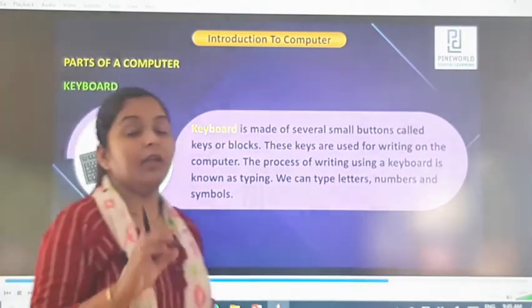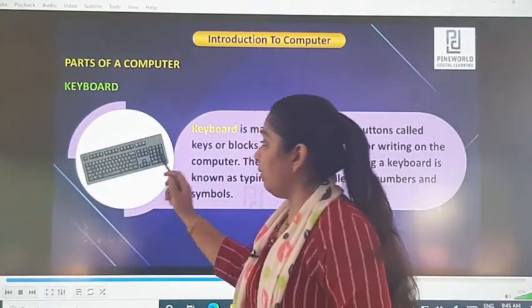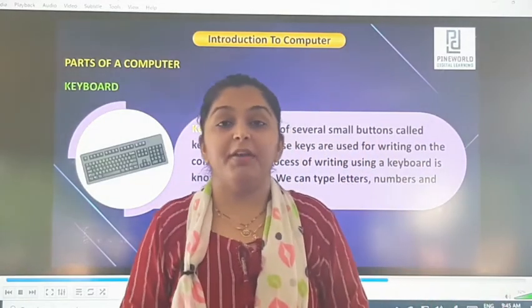Next you have the keyboard. Okay, keyboard is made up of several small buttons. Now when we are writing in our